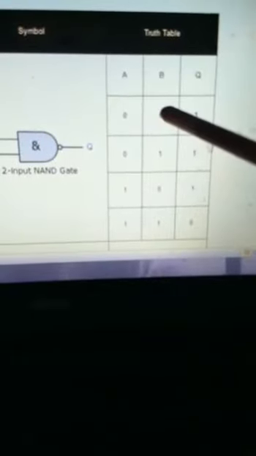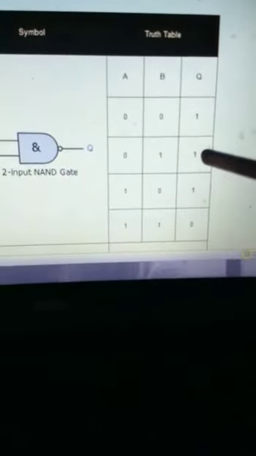What is the truth table? Using the NAND gate, we are getting the AND gate first. Previously in the AND gate truth table, 0 into 0 gives 0, but here the output is passed through the NOT gate, so the complement becomes 1. 1 into 0 is 0, again the complement becomes 1. 1 into 0 gives 0, and the complement becomes 1. 1 into 1, the answer is 1, but passing through the NOT gate, it becomes 0.